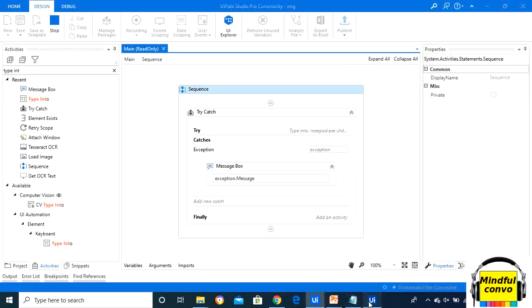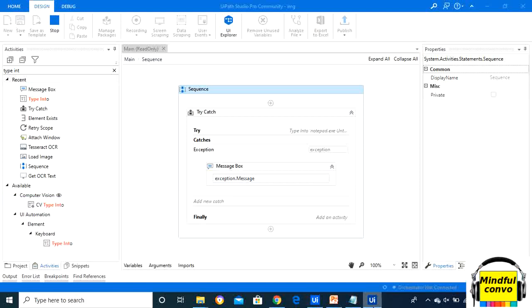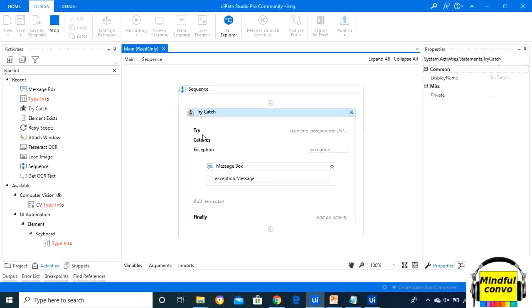When we have run this file, what do we see? The execution is still running. It is trying to find the Notepad.